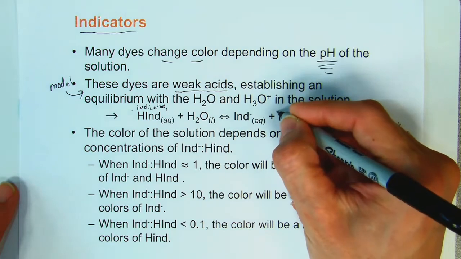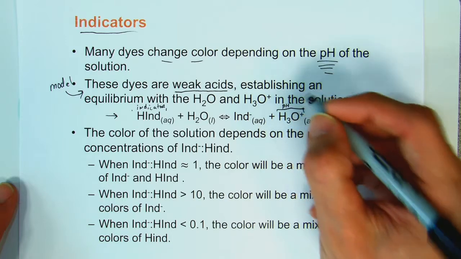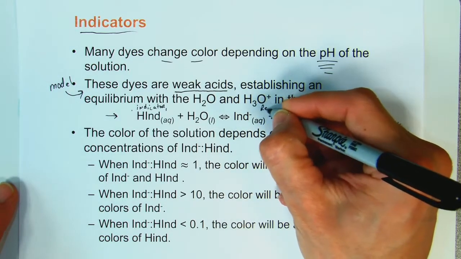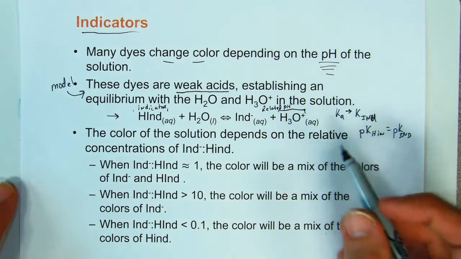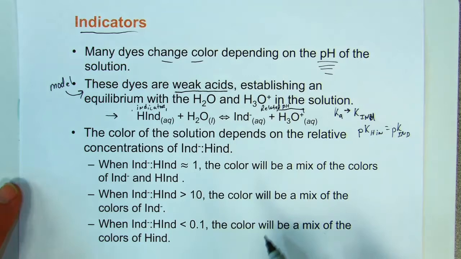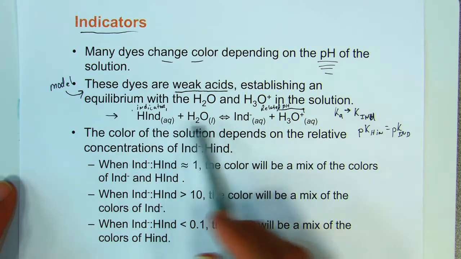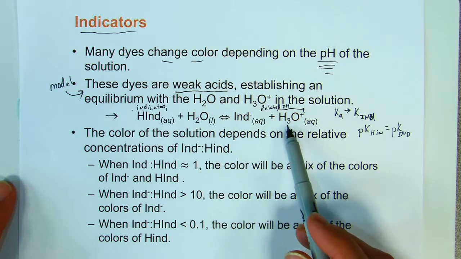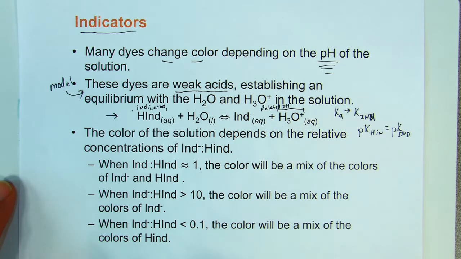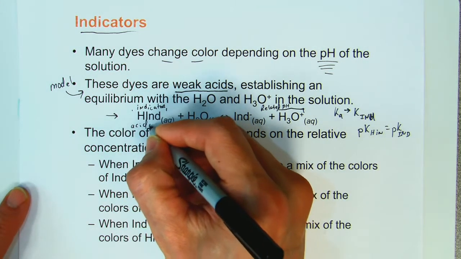Well, guess what? H+, isn't that directly related to pH? It's related to pH. If I have very low pH, I've got a lot of this. If I've got a high pH, I've got a little amount of this. So you can kind of see that if I model my indicator compound as a weak acid, I can shift this equilibrium right or left depending on how much H+ I've got. And that's going to be real important here. It just so happens, and this is the cool part,